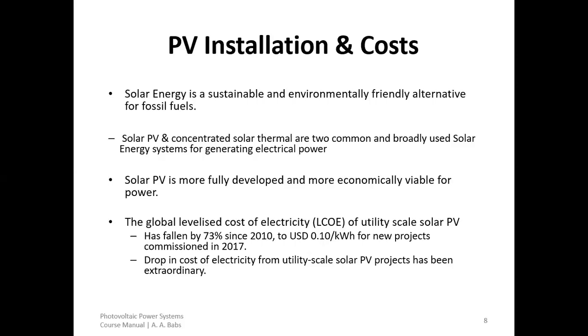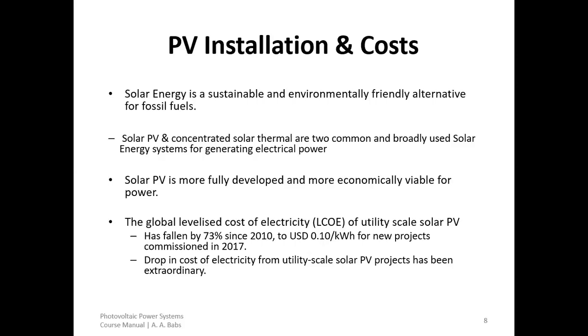The global levelized cost of electricity of utility scale solar PV has fallen by 73% since 2010, to 0.1 dollars per kilowatt hour for new projects commissioned in 2017. So what does this mean? It simply means that between 2010 and 2017, that's about a seven year interval, in those 7 years, the levelized cost of electricity of large scale or utility scale solar PV has fallen